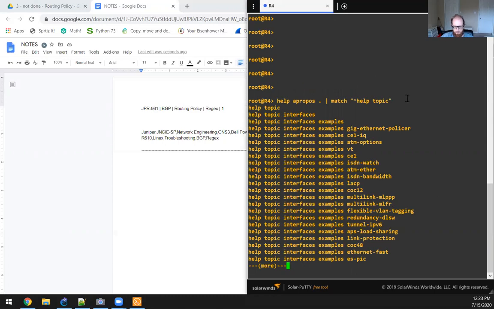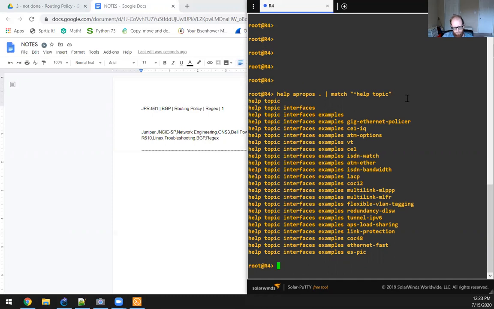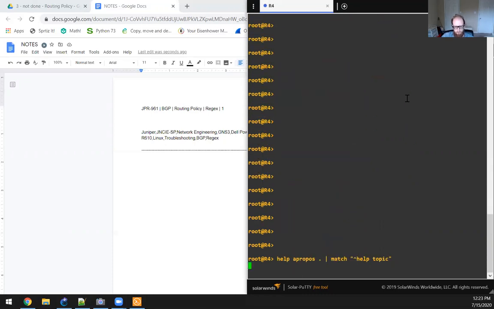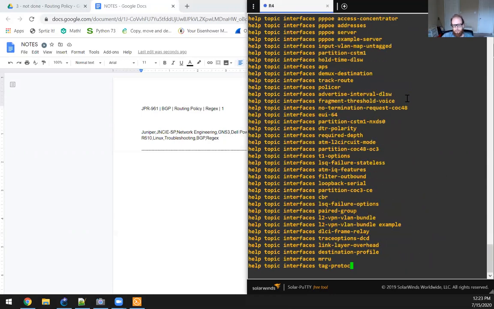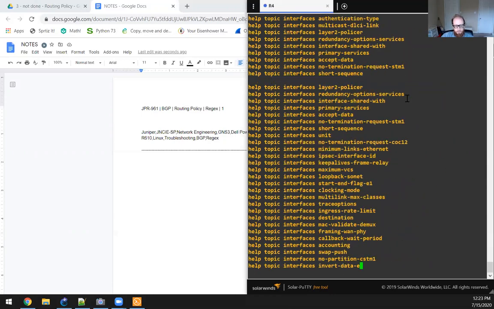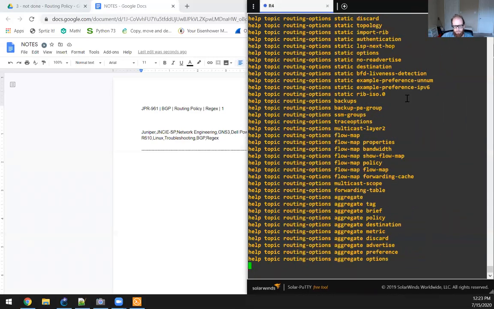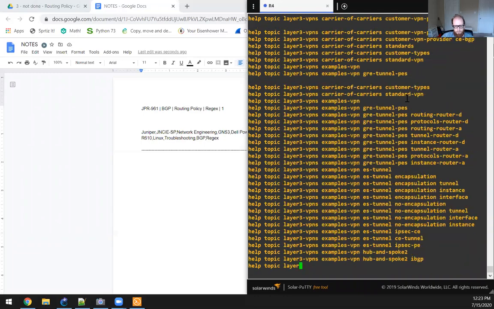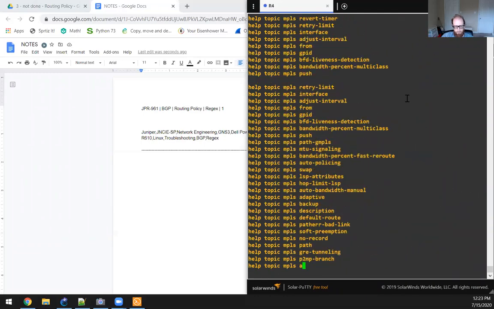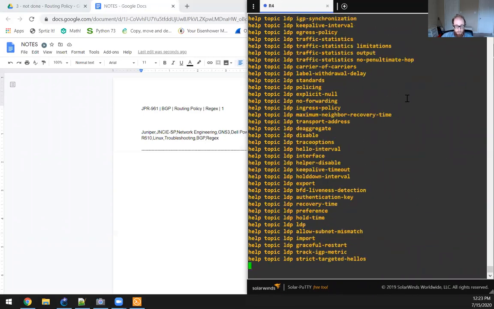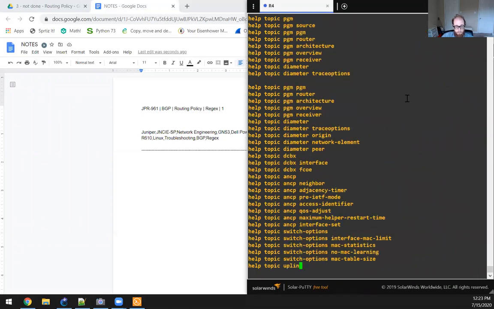Oops, and another thing is I can do set cli screen-length 0. Okay, and now when I sit down to take the test, this can be the first thing I do, and we're going to try to see right now if this is going to be useful or if I really do need to memorize that Treasure Trove script, because what the Treasure Trove script will do is basically the same thing I'm